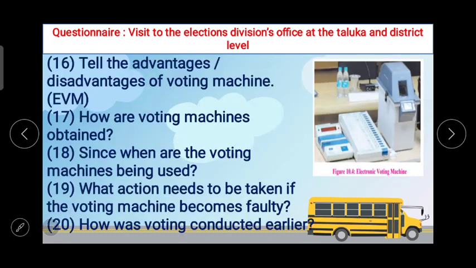Next, tell the advantages or disadvantages of voting machines. Nowadays voting machine is in use for election, so if there is any disadvantage or disadvantages, then write about that, and if advantages, then also write about that. How are voting machines obtained, or you can add how voting machines work. Since when are the voting machines being used, and what action needs to be taken if the voting machine become